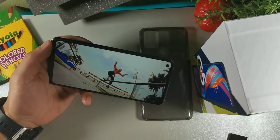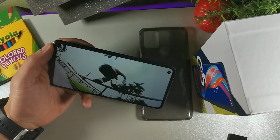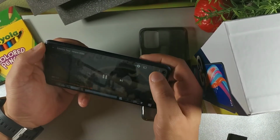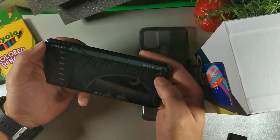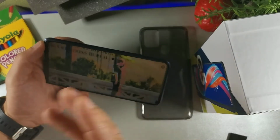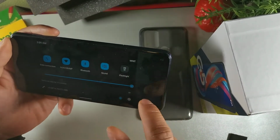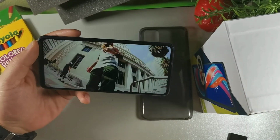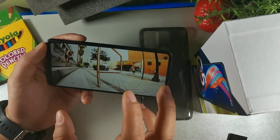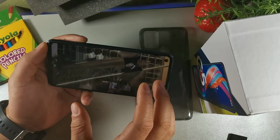Now the screen also does offer an 82.3 screen-to-body ratio, and it does give you that 1080 video as well. So you get up to 1080p on here, which is kind of cool, and you can enjoy your multimedia. The screen does get plenty bright as well. It's all the way up right now, so it doesn't get the brightest in the world. That's probably the only thing, but the screen size is really good for videos, gaming on here,